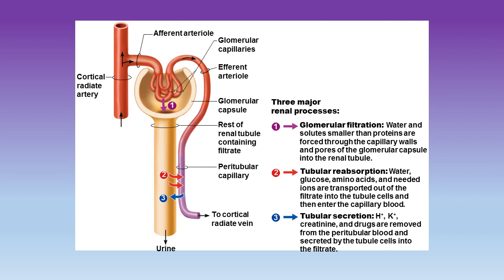So number one, as you see from the diagram, purple, here you have filtration. So water, amino acids, potassium, chloride. Most substances are moving out of the blood into that empty space of the glomerular capsule. Proteins, cells are too large. They will not leave the blood. So they're left in the blood and they're going to flow out the efferent arteriole and move on down to